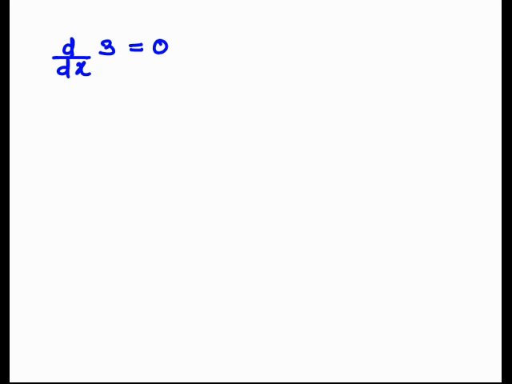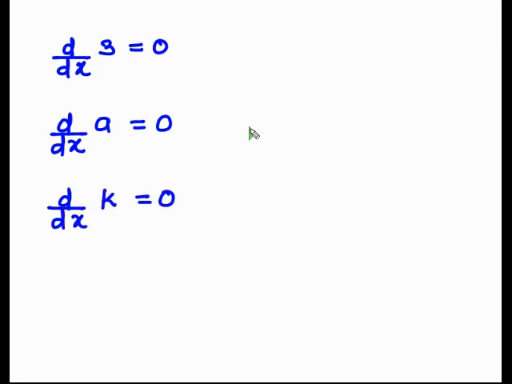So let's understand what is the derivative of 3 with respect to x. Before going for the derivative, understand what a variable is. Here the variable is x, and x is not present in 3. So the derivative of 3 is 0. Similarly, the derivative of a is 0 because here the variable is x, and in a there is no x, so the derivative of a is 0.